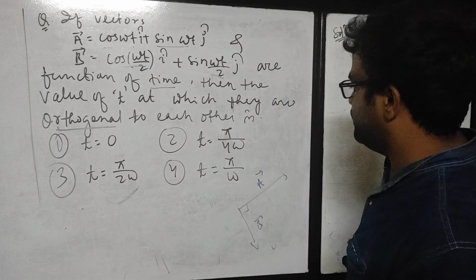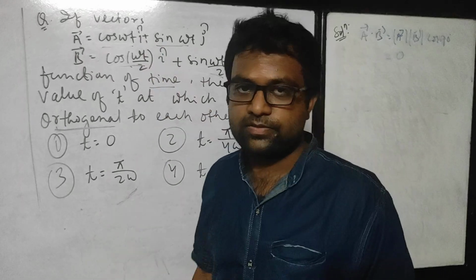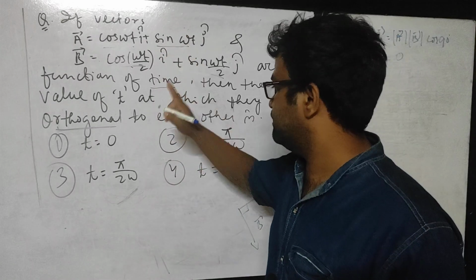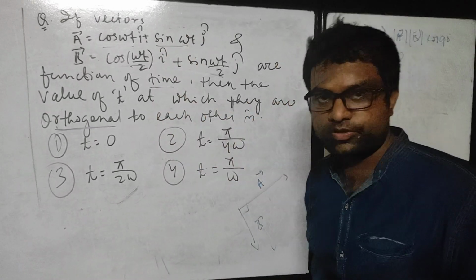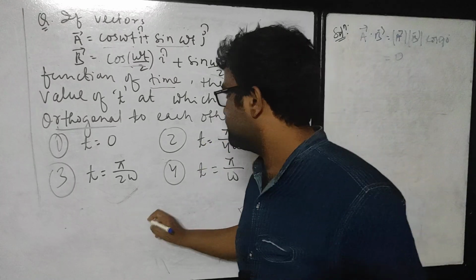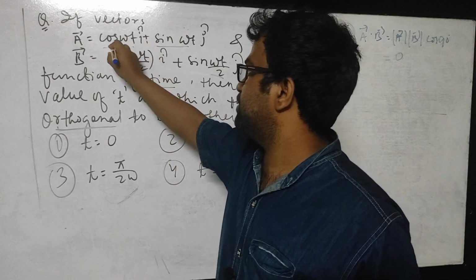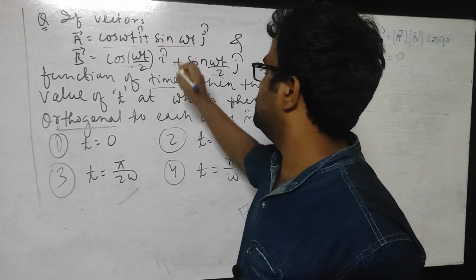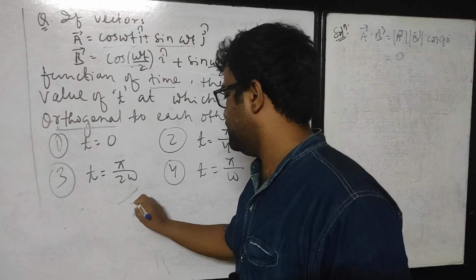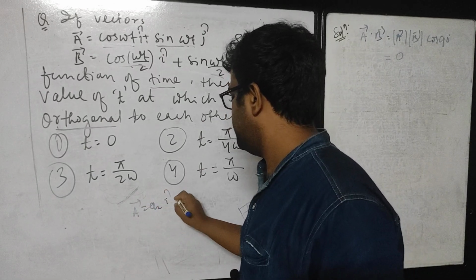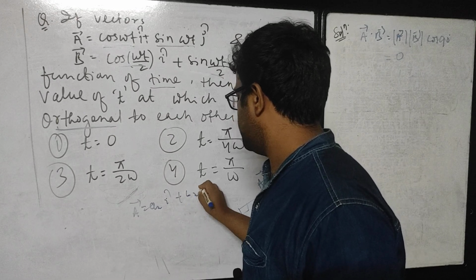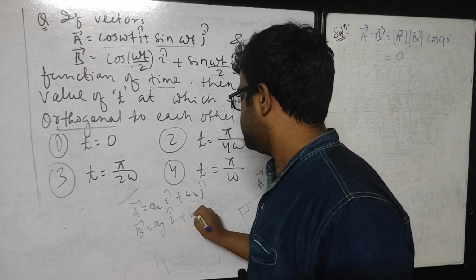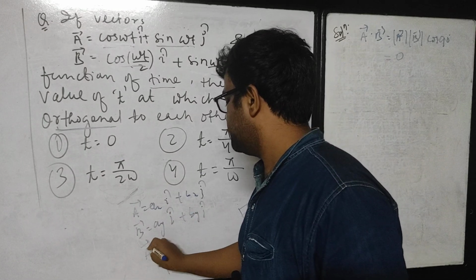Yes. So if A dot B becomes 0, now let us find out A dot B and equate it with 0 so that we can find the time t. For what value of t should it be orthogonal? That means A dot B should be 0. So what is the formula for A dot B? I cap is the unit vector, and what comes before it are the coefficients. So if two vectors are like A vector equals Ax i cap plus Bx j cap, and B vector equals Ay i cap plus By j cap, then what is A dot B?